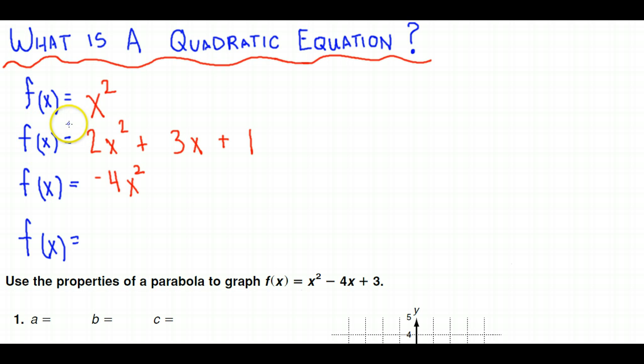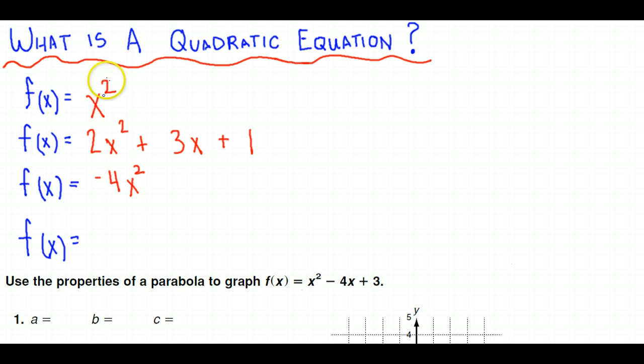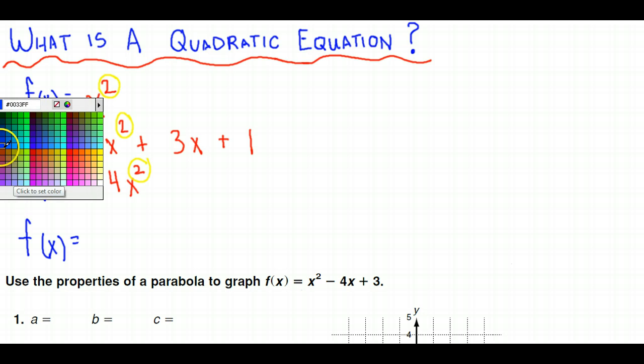So what makes a quadratic equation is the degree, which again refers to the exponents, and so the highest, the biggest exponent in that function is going to be 2, which means it's a quadratic. So they all have degree 2, and the standard form, just the generic form of any quadratic equation, would be